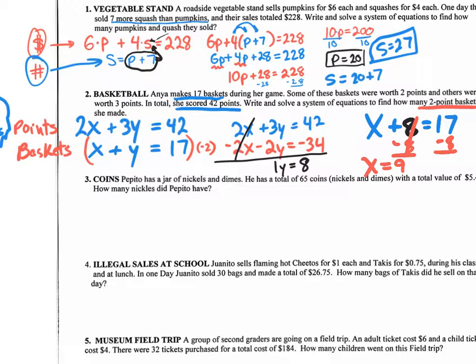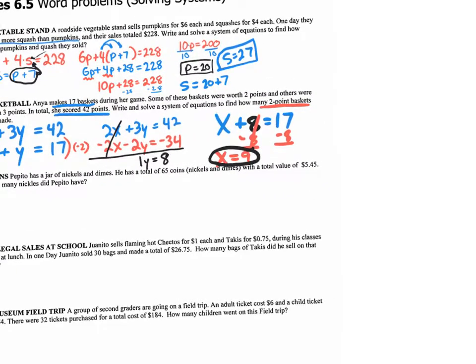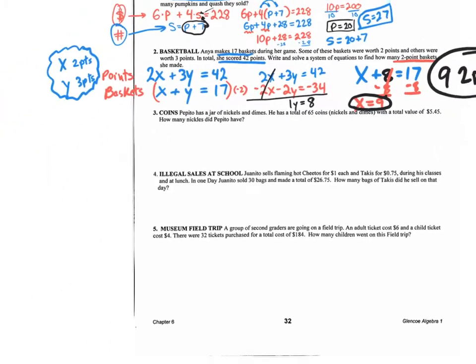So she made 9 2-pointers and 8 3-pointers. But of course, the only thing they asked for is a 2-pointer, so we're going to just say 9 right there. And this is the final answer. X equals 9. So 9 2-pointers is the correct answer. All right. Number 3,